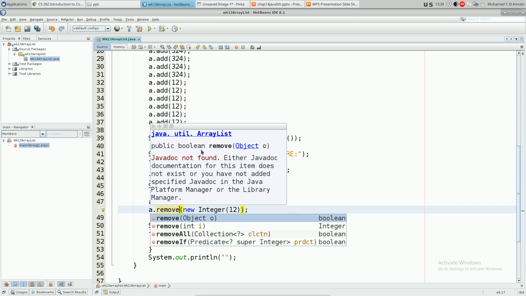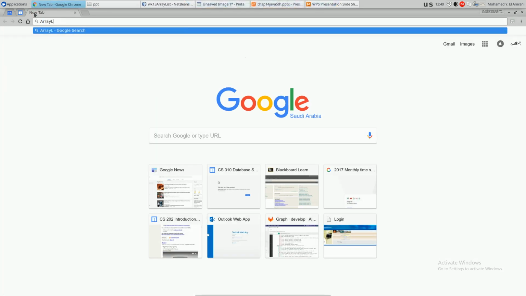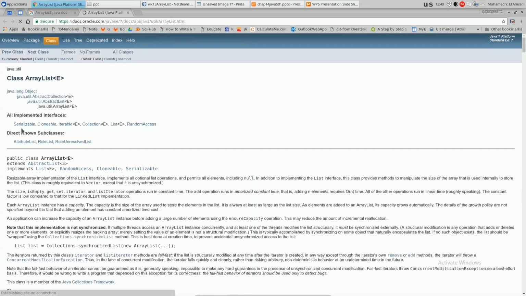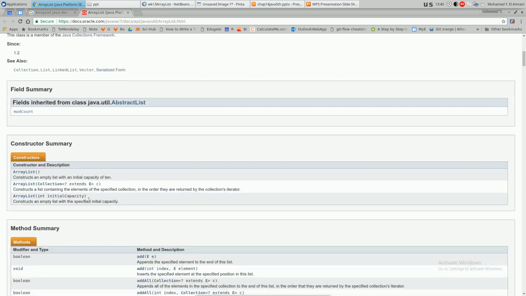Probably because, unfortunately, I don't have the documentation installed. But if I'd like to find what this is doing, I need to go to the documentation for this ArrayList, and I can find it online actually. ArrayList Java doc, something like that. If I click on it, I'm going to see the hierarchy of classes, the interfaces it implements, and that it extends AbstractList, which extends another thing, and so on. And I can see also the different methods, the constructors, and